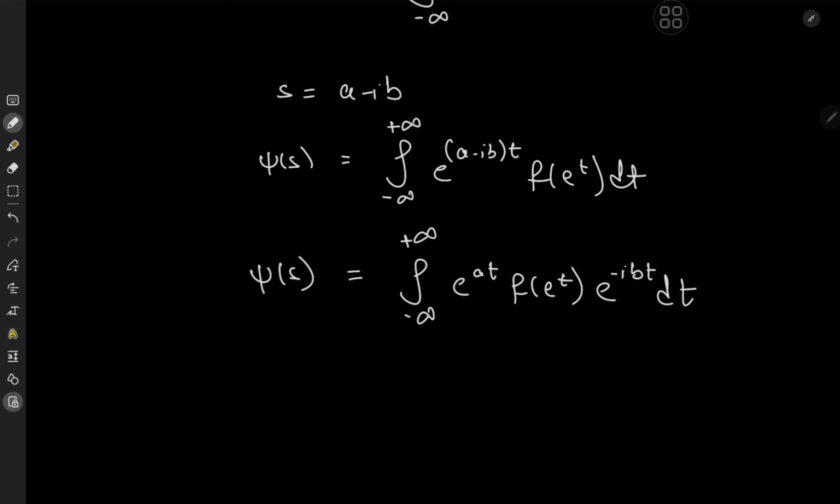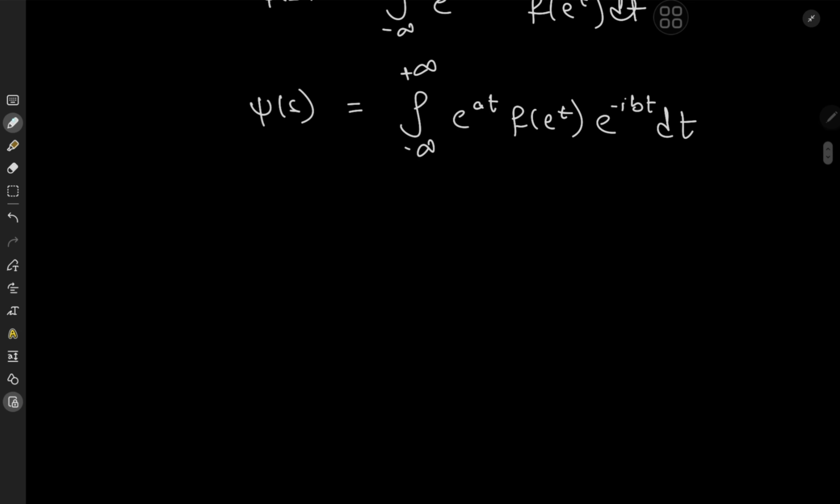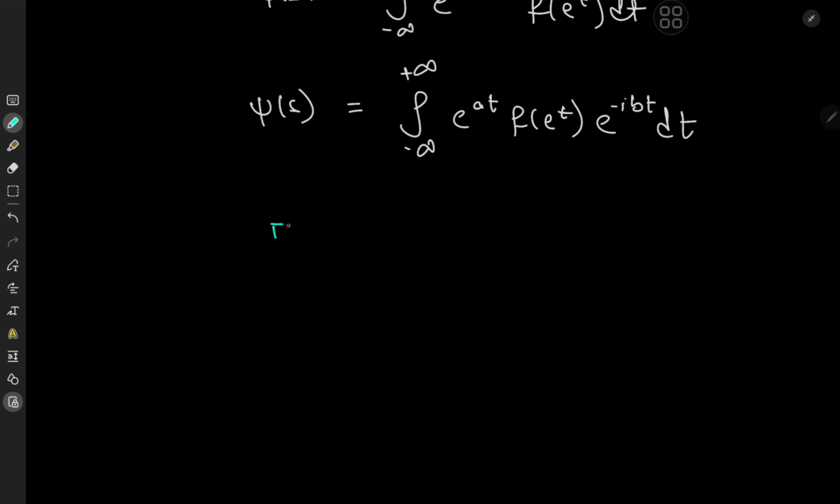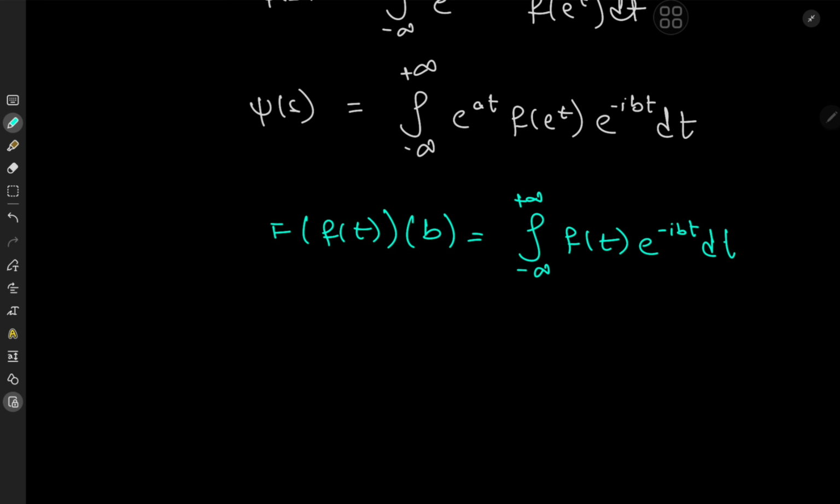And this integral form seems pretty familiar. It looks exactly like a Fourier transform, and that is exactly what we have. So the Fourier transform of a function f of t as a function of b equals the integral from negative to positive infinity of f of t times e to the negative ibt dt. Okay, cool. So this implies that psi of s is just a Fourier transform. It is the Fourier transform of the function e to the at times f of e to the t,